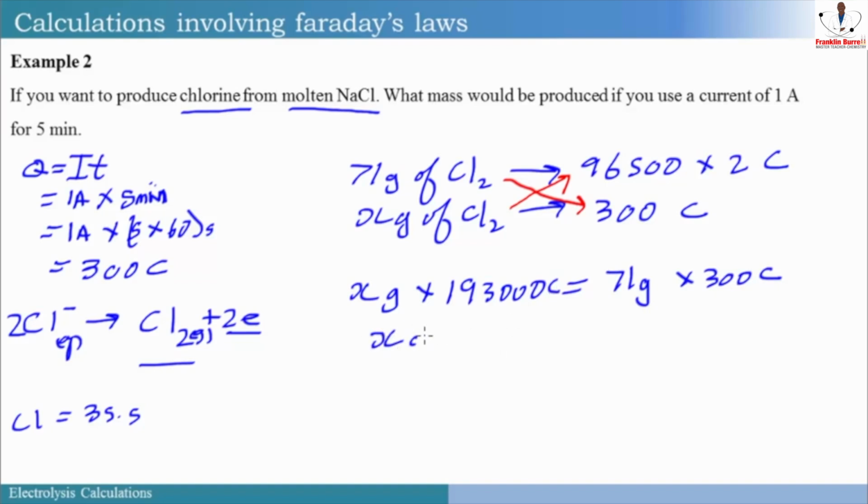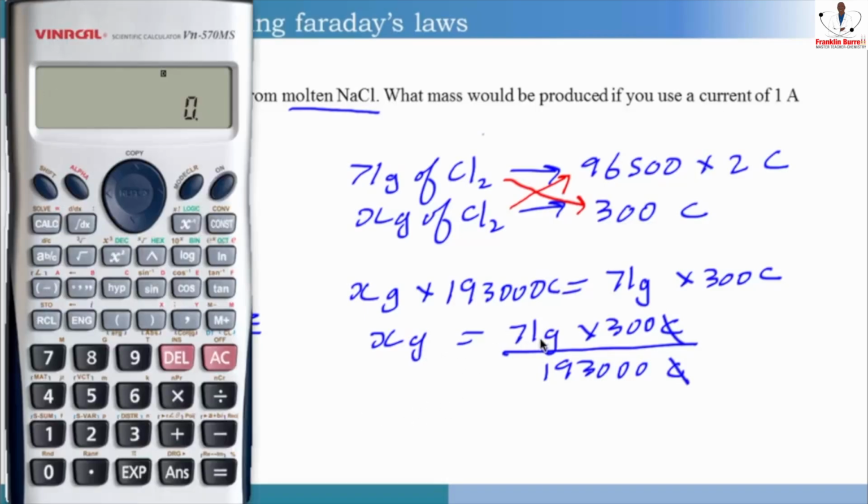Therefore, X grams is equal to 71 grams times 300 coulombs divided by 193,000 coulombs. So coulomb will cancel coulomb, and your answer is in grams. So let's calculate 71 grams times 300 coulombs divided by